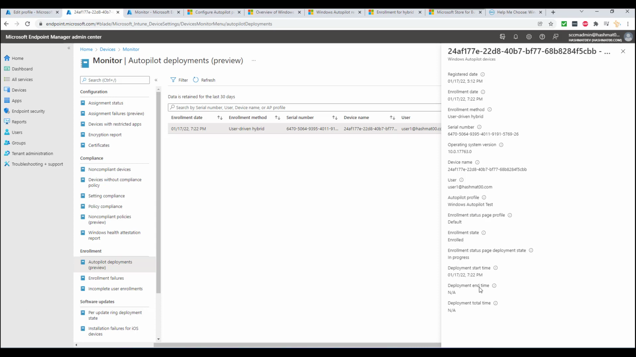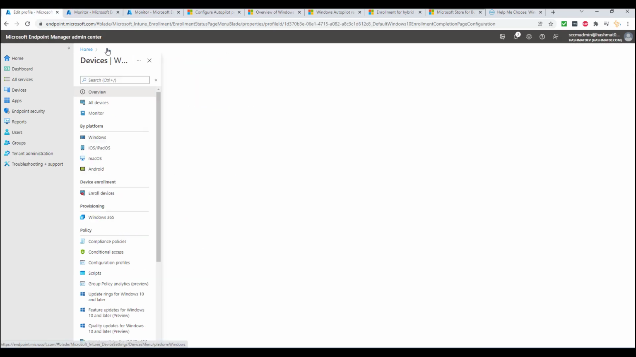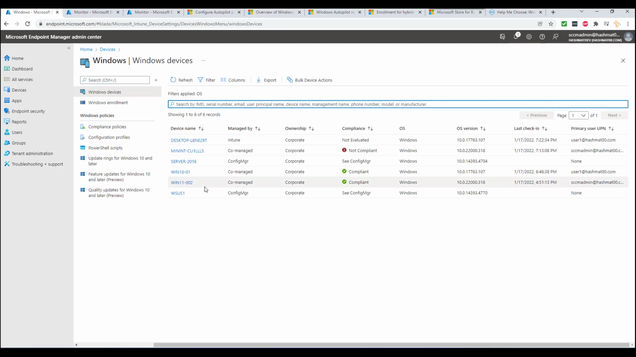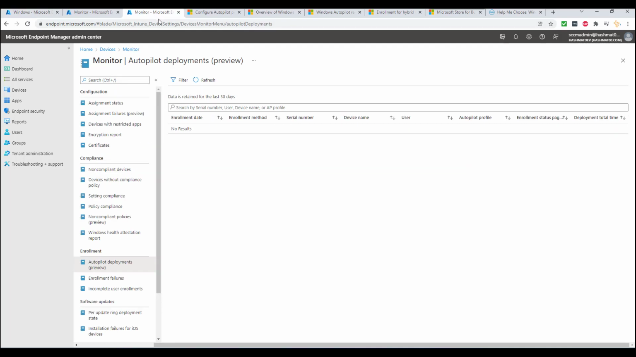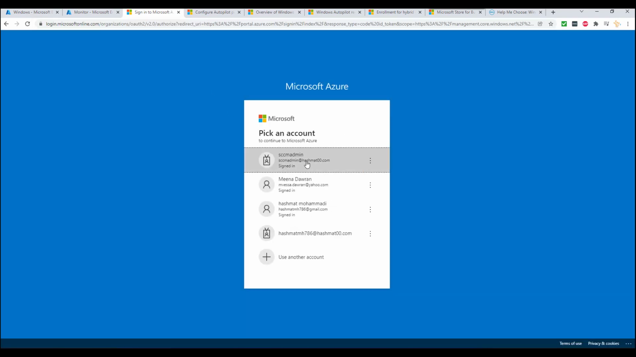Okay, let's see now if I go to device, Windows, and if you want to check refresh, it's not registered yet, so I'm waiting till it gets registered. And in the meantime, let me go to my Azure portal. First, it needs to register to Azure AD, then it will join to MDM, Intune,